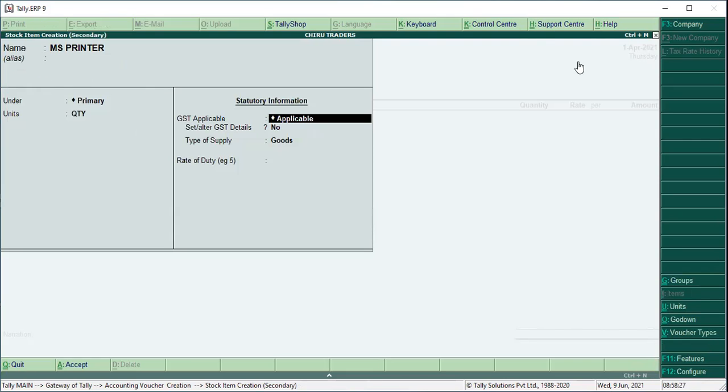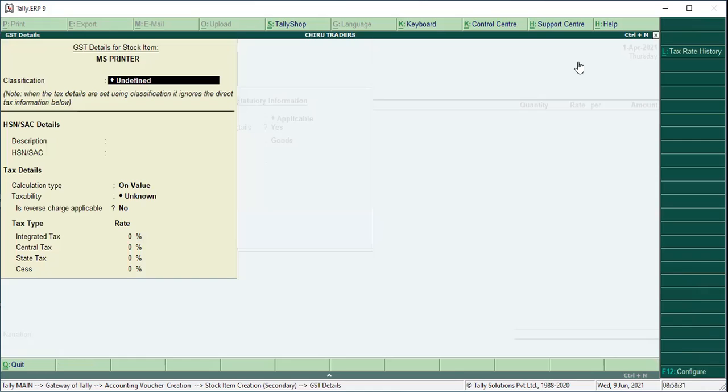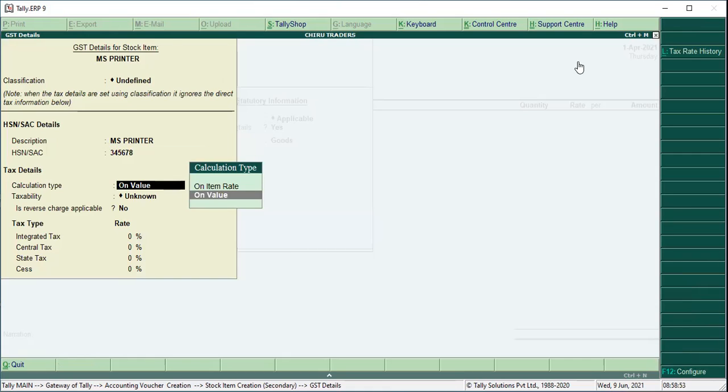GST applicable? Yes. Here you have to set the GST rate. Classification undefined, skip it. Enter the 6-digit or 5-digit HSN code, the Harmonized System of Nomenclature code. This is in terms of goods, so enter some dummy 6-digit or 5-digit number. Calculation type: on value.